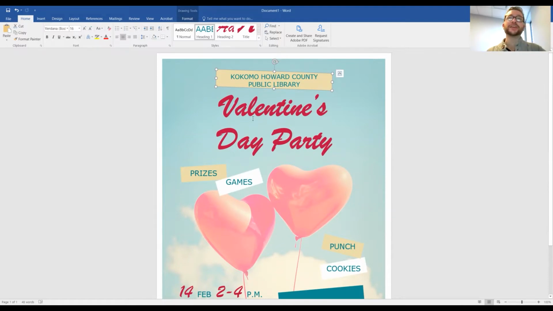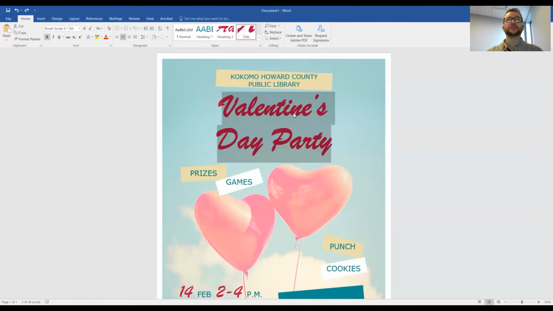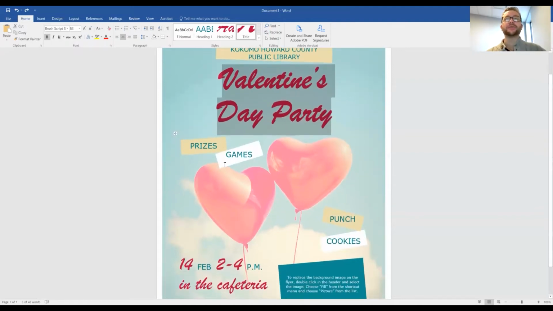The title of our event is Valentine's Day Party, so we don't have to edit this at all, but if we wanted to, we could. Hello. And let's put that back. All right, perfect. We'll say on this fake party that we are putting together for the purposes of this flyer